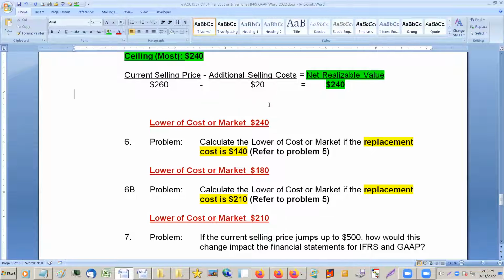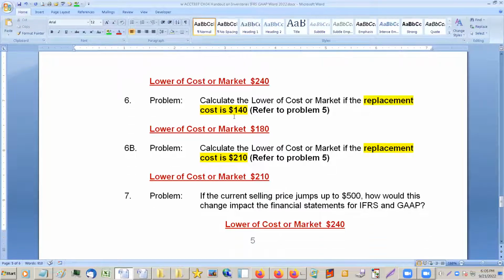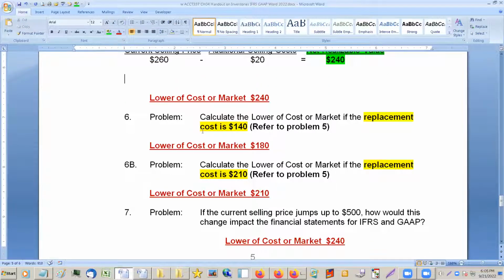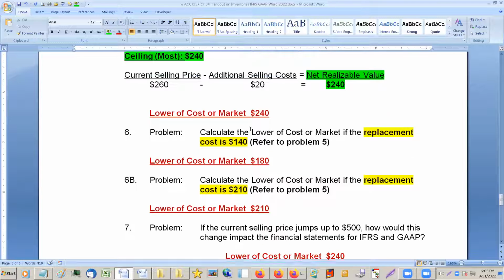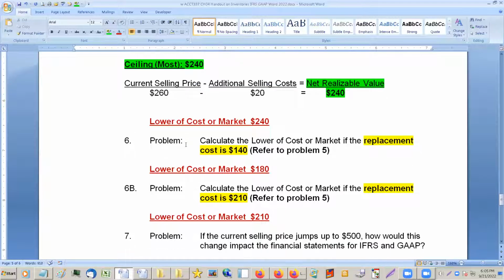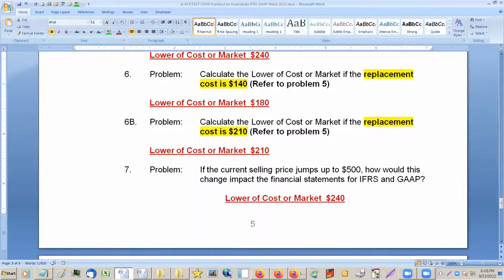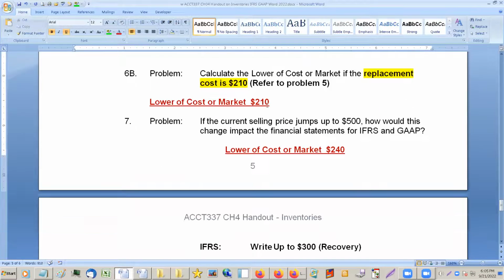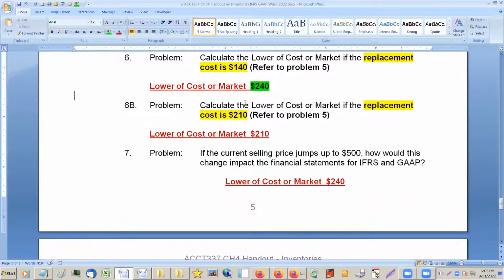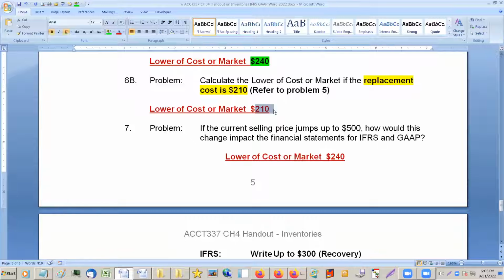I think part of the reason why it was such a problem was that it was too complex. But anyway, all of these would be the 240. There is no ceiling or floor anymore. It's just the net realizable value, that's it. And this was the same. This is the same as the